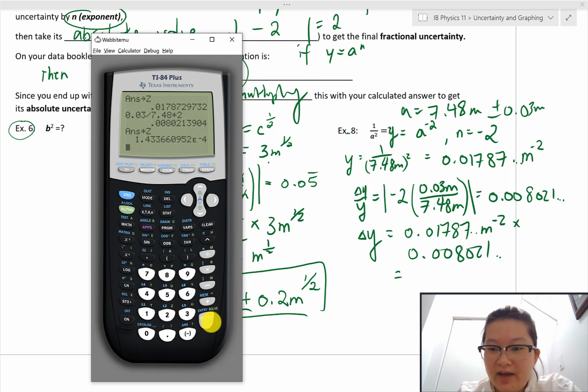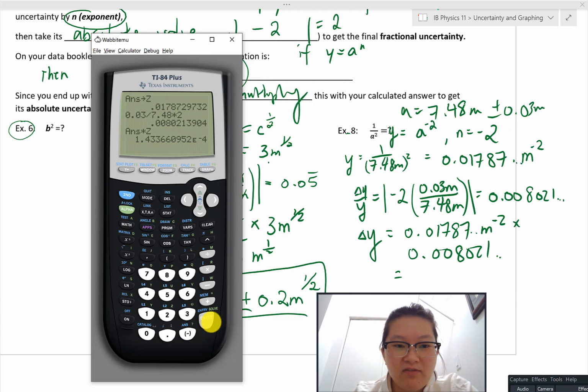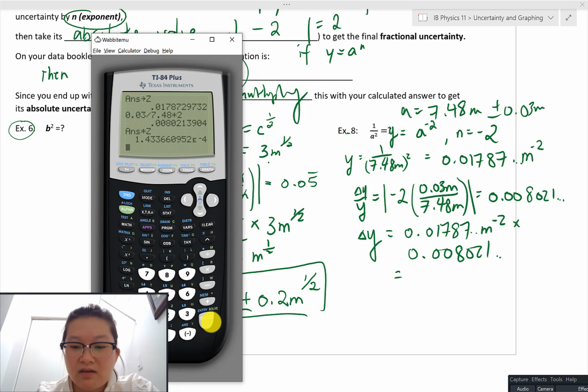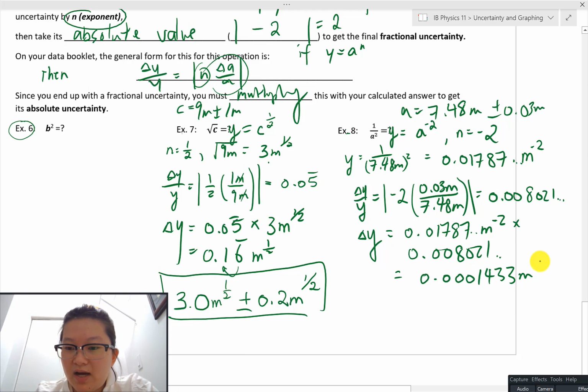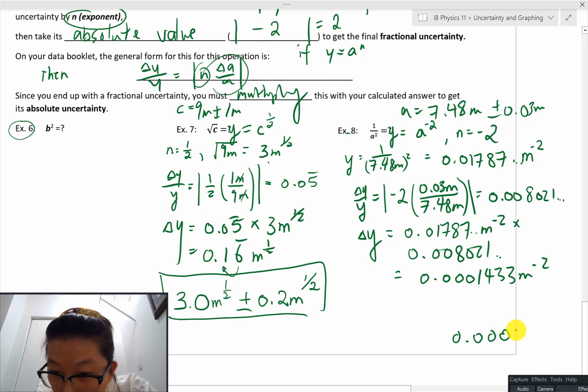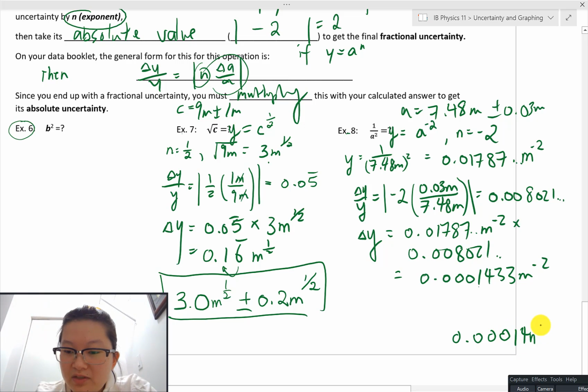So I am going to write that with zeros just to be a little visual for us. So that's going to be 4 zeros, 1433. And my units meters to the minus 2. So my final answer is going to include two significant figures. I'm going to need to round this, and the 3 does not round the 4 up, so I am left with 0.00014 meters to the negative 2, and then my actual number is going to have the, let's see,